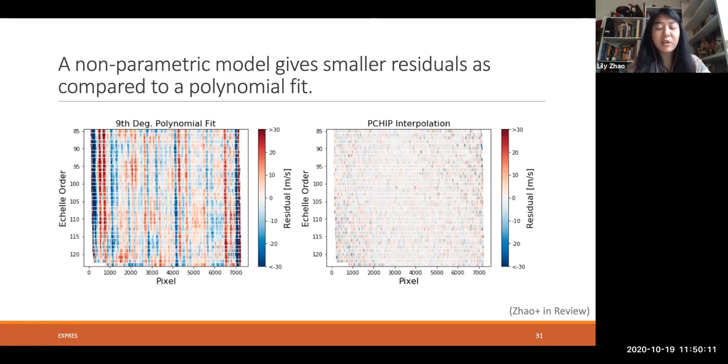And this shows that the denser line sources we have allow us the freedom to move from a parametric model, like a polynomial, to a non-parametric model, like a p-chip interpolation. And this flexibility, though well constrained by the density of the LFC lines, allows for the flexibility needed to account for all of these high order features here that we think trace back to slight non-uniformities in the optical elements in the spectrograph. And so by incorporating this, we can actually correct for those inadequacies, I guess you could say, in the hardware in our wavelength solution.